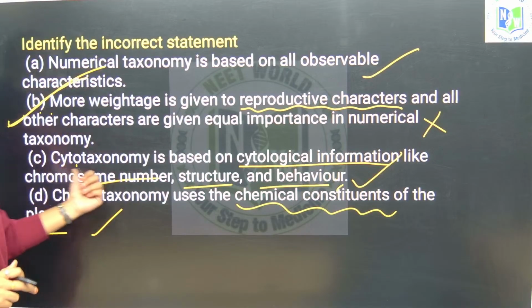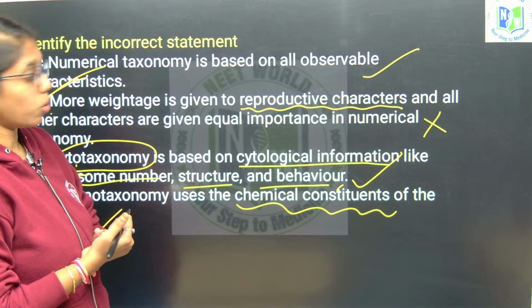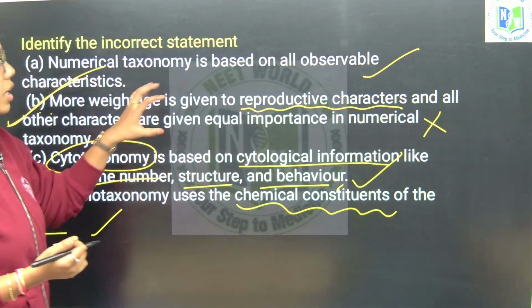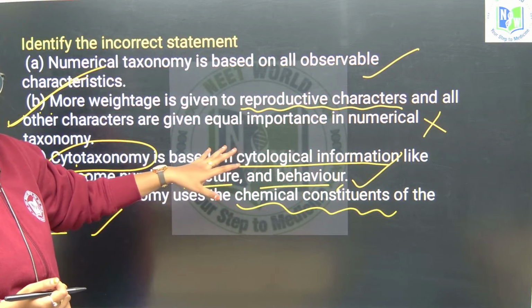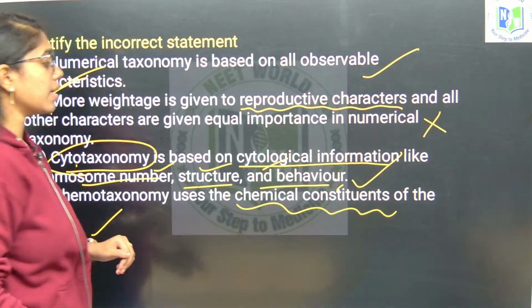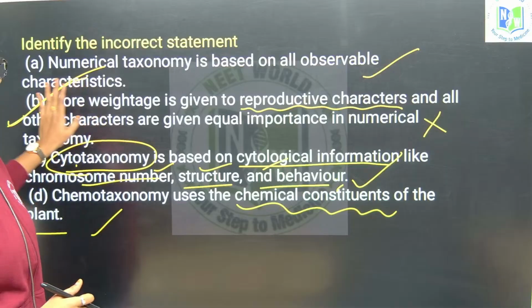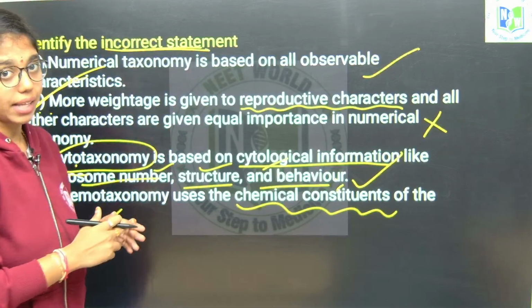Option B. When cytotaxonomy is asked, you have to remember three things about the chromosome: chromosomal number, structure and behavior. If shape is mentioned, then you can eliminate that option as well. Keep these three things in your mind: chromosome number, structure and behavior. So the right answer over here is option B, as the incorrect statement is asked. Next,